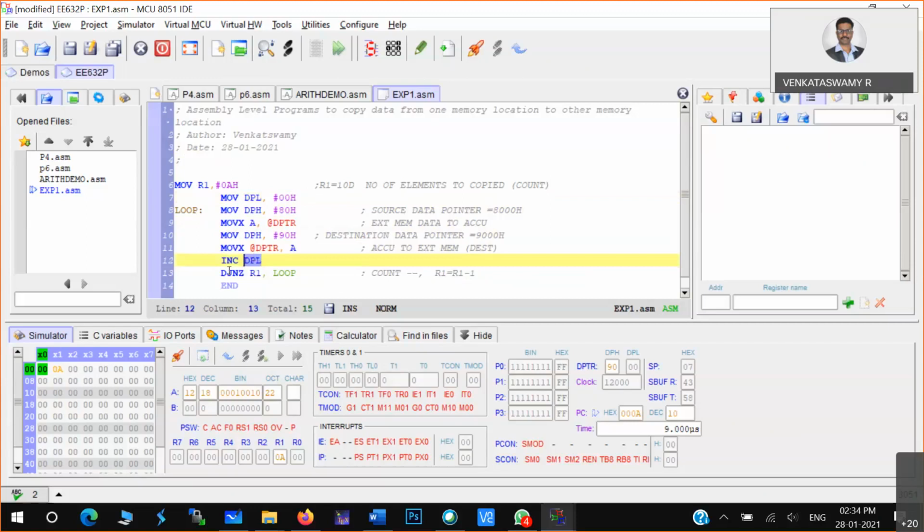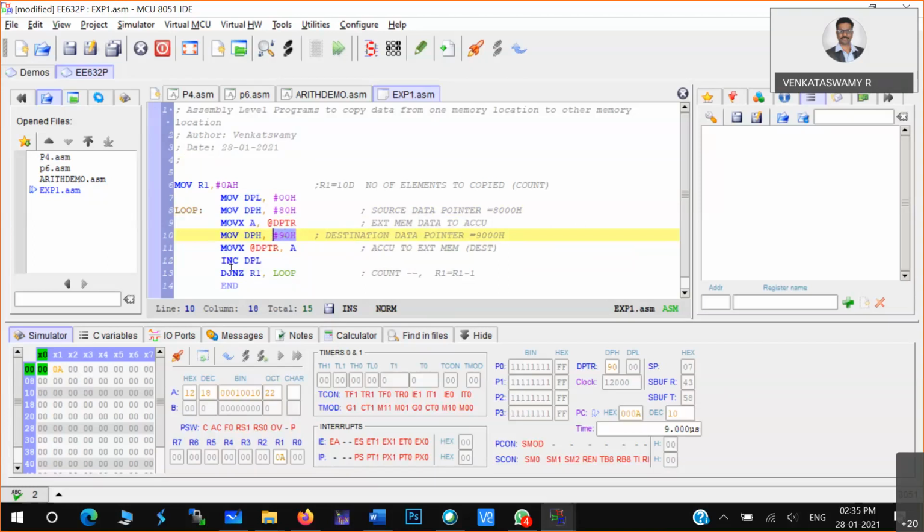Now when you go to the next iteration, what happens? The higher register DPH will reset to 80, but DPL will be intact. That intact content is basically 01. In that sense, you are moving to the next memory location. Like that, when you make DPH as 90, you are moving to the 9001th location.